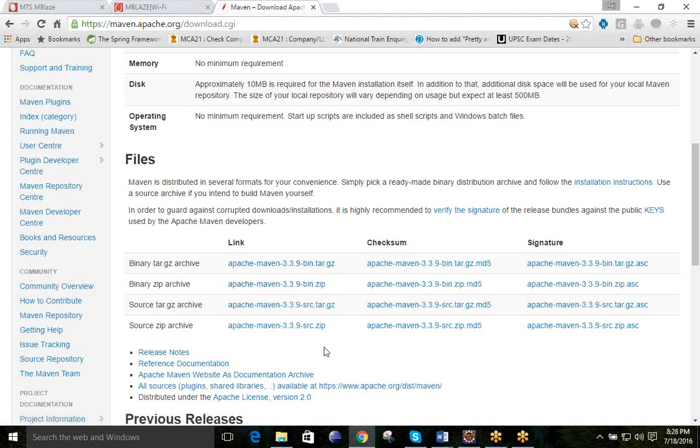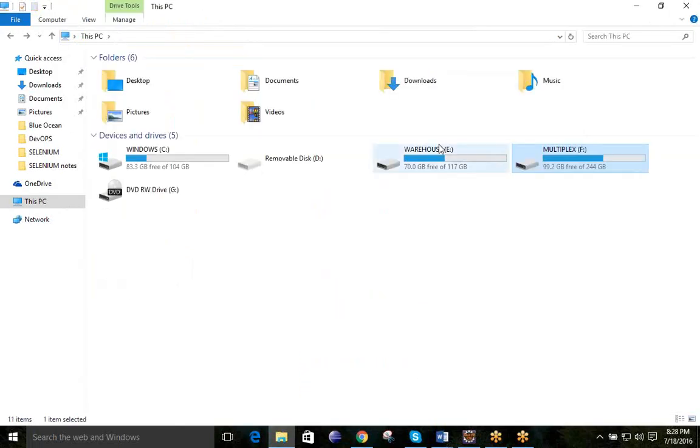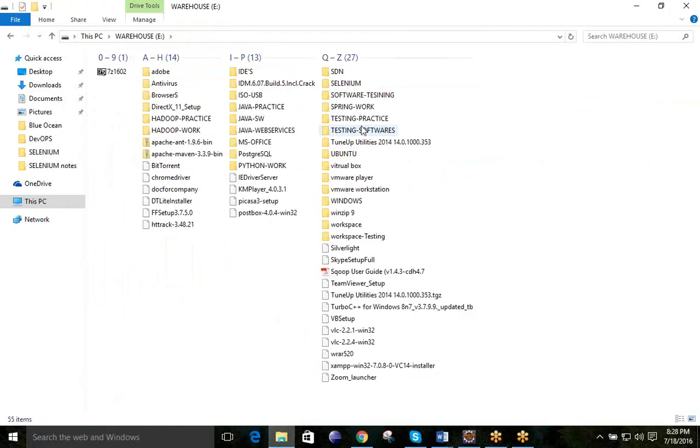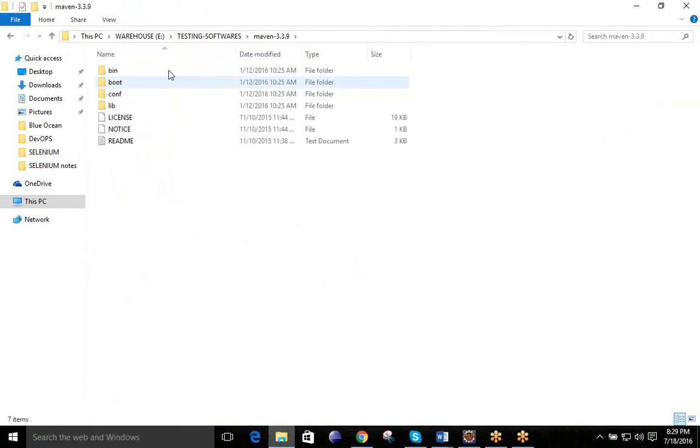In my case it is already downloaded, so you can simply double click on this one and it will start downloading. Now from here, what do you have to do regarding the setup? The setup can be done like for Ant, because whenever you extract the Maven software, you will get a folder like this one. Here there is no .exe file to install directly, so how can we install it? For that purpose, you need to go to the environment variable setup.